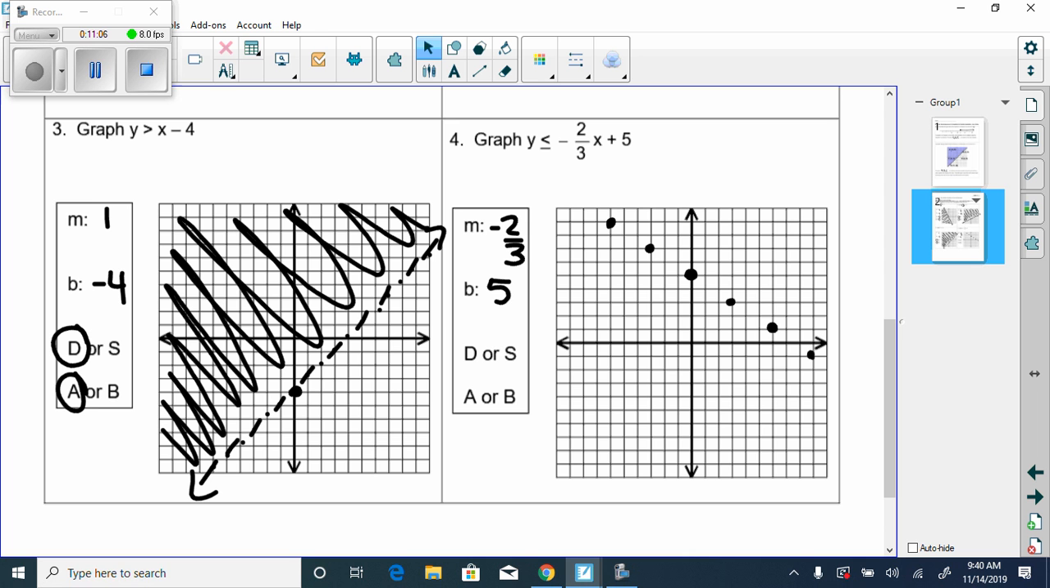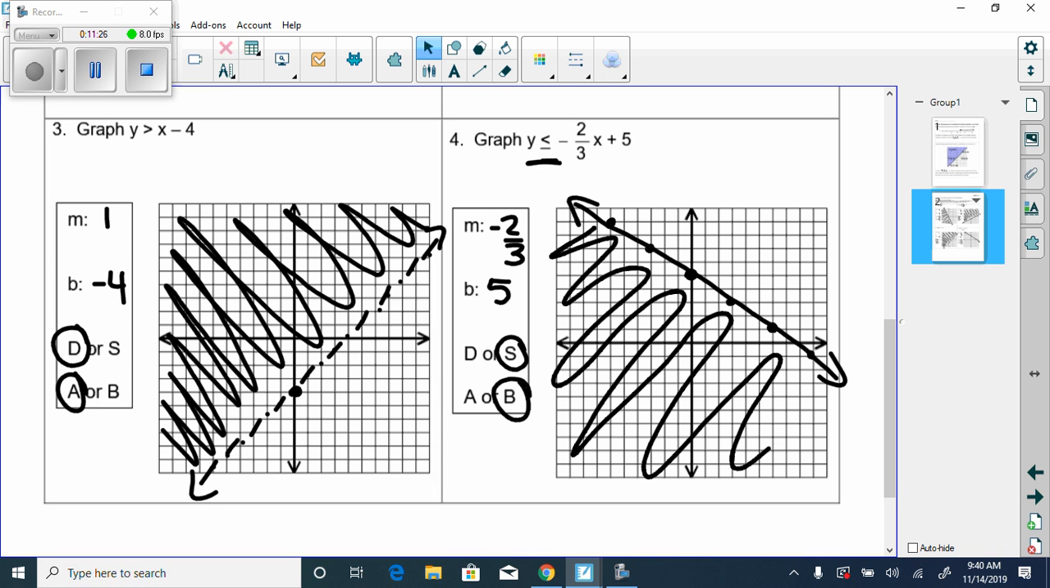Okay. Is my line going to be dotted or solid? Good. And do we shade above or below? Below. Below. So it's less than, so that means we shade below. See, I had it right, but I just had it going the wrong direction. Now make sure that you